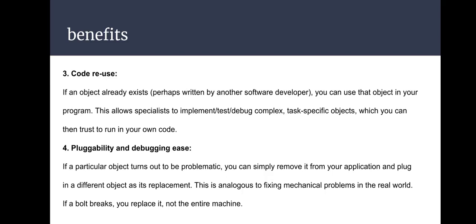As we know, the program is divided into modules, so it is very easy for us to add one more module. Suppose we have 4 modules and we want to add one more module, then we can easily add that module to our software. And since the program is divided into modules, suppose we have 4 modules and module number 3 has some errors, then we don't have to debug all 4 modules, we only debug the third module because we have an error in module number 3. So this is the advantage of objects.